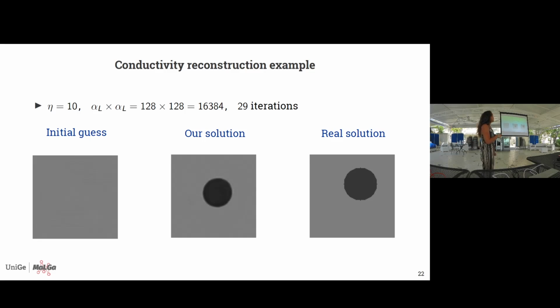So I tried with eta up to 50. Are there some differences in the solution obtained with a bigger eta? Yes, there are differences, but